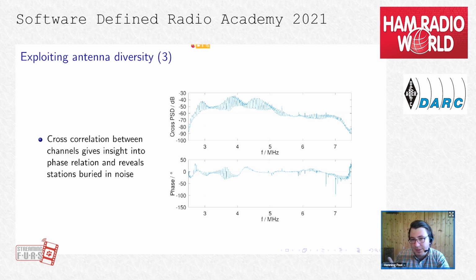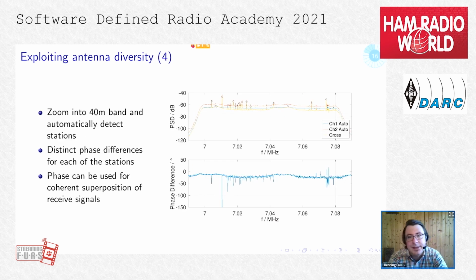And now we will zoom in into the 40 meter band and have a look at what we can see there. And now we get this figure here. We zoomed into the band. We did a bit of filtering. So this is why we have the slopes here at the sides of the plot. This is basically the slope of our decimation filter. The decimation was done in GNU Octave only, not in the hardware.